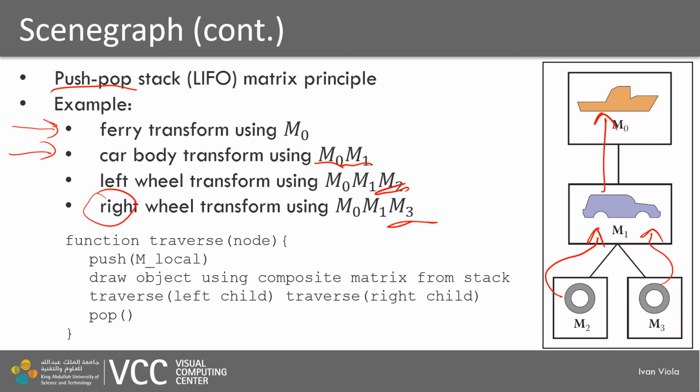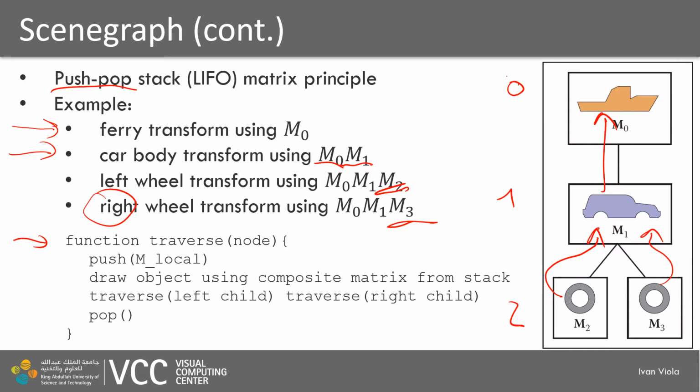If we have a particular node in our scene graph, which is really a scene tree in this case, we can see how these hierarchies are organized. This is level 0, this is level 1, and this is level 2. Level 1 will have the children in level 2, and level 0 will have children in level 1. And we can see that if we want to perform certain transformations, then we first